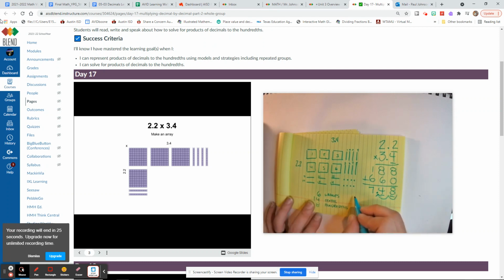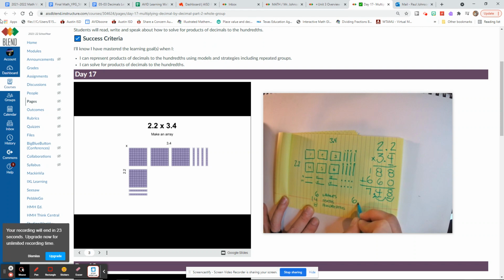So if I wrote this out, that'd be 6 wholes. 14/10 is 1 and 4/10. And then 8 hundredths would look like that. So if I make the placeholder zeros and I add it all together, 0 plus 0 plus 8 is 8. 0 plus 4 plus 0 is